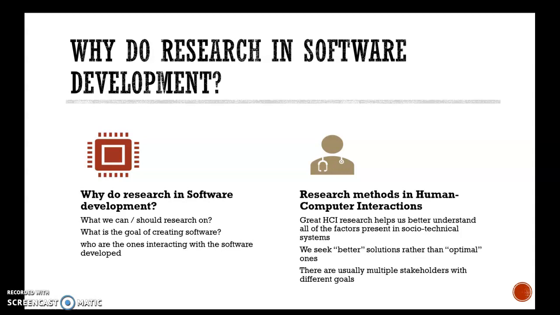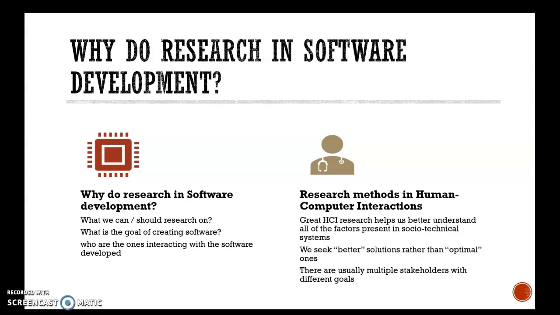So research method in human-computer interaction, human-computer, because we study users using software. So that's what we're studying. And research method in human-computer interaction is not really well defined. But the book we have today gives an outline of what can be done in HCI research. It helps us to better understand all the factors present in social technology systems, because this area is